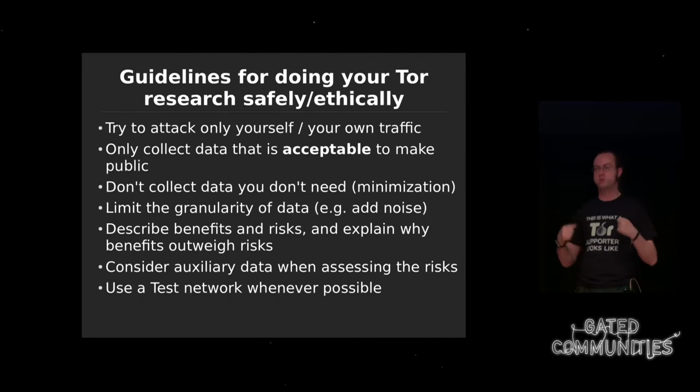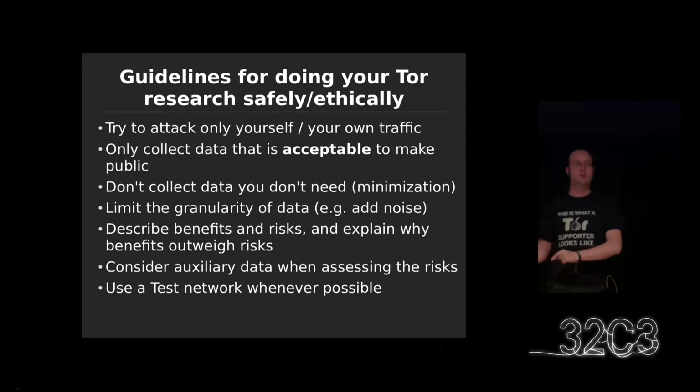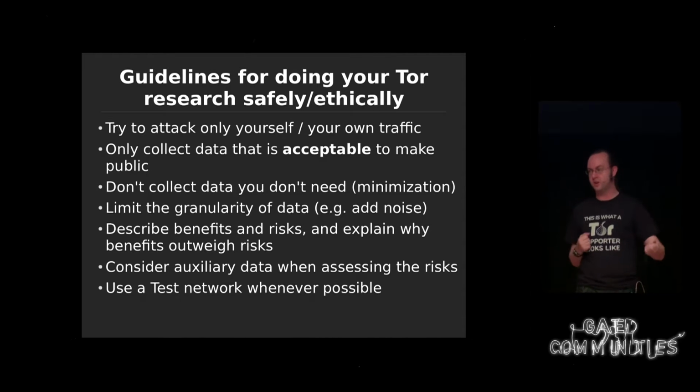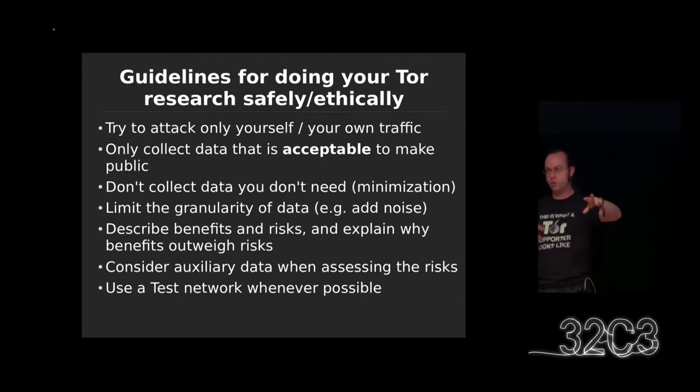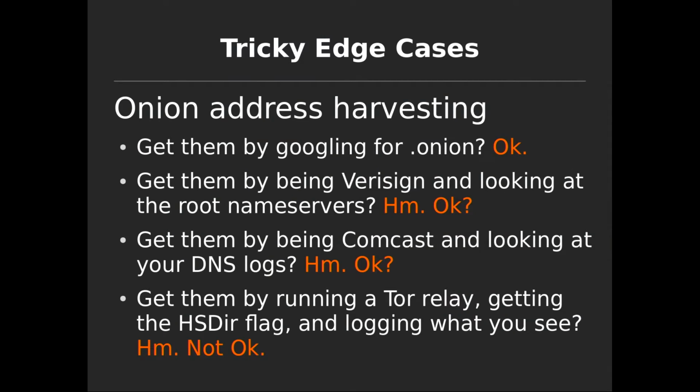And one of the key ways of looking at this is if you're collecting something interesting, some interesting data set, think about whether there could be somebody else somewhere out there in the world who has some other data set. And when you combine their data set with yours, somebody learns something new, somebody gets harmed. If you can imagine any other data set that when it's combined with yours harms people, then you need to think harder about that. So, and then the last point, use a test network when possible. There's a tool called Chutney, there's a tool called Shadow, where you can run your own internal Tor network on one computer, and if you can do your research that way, it's even better.